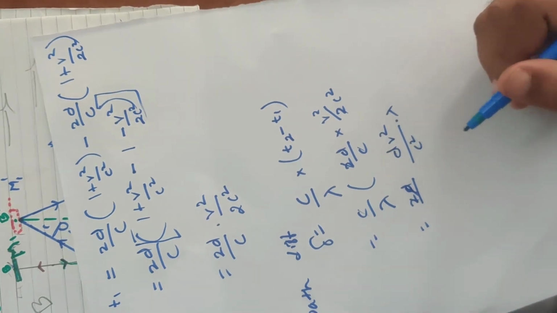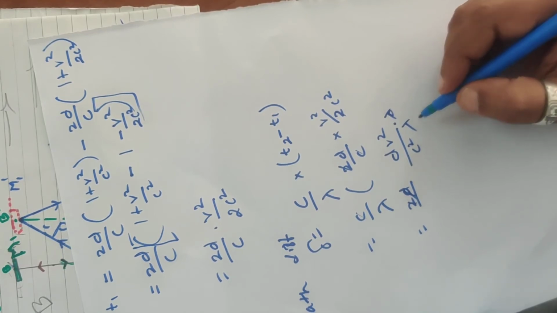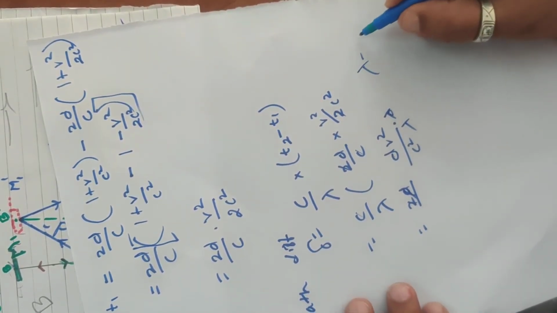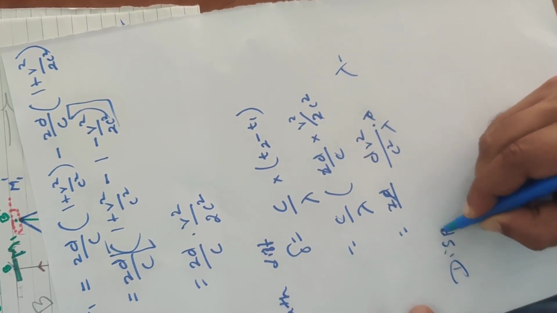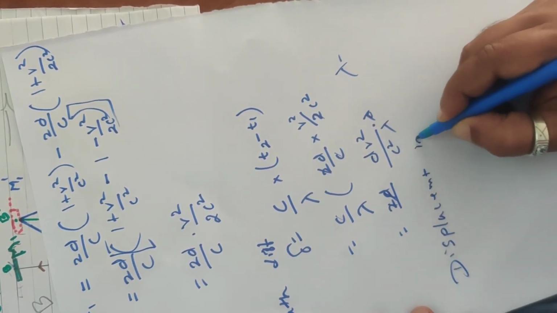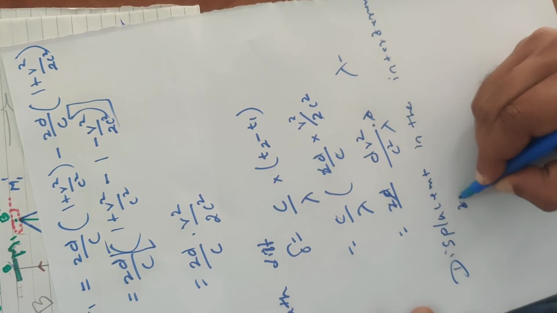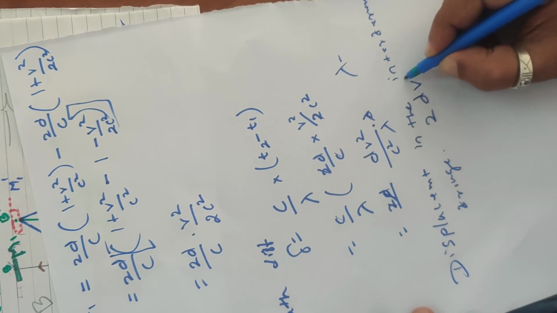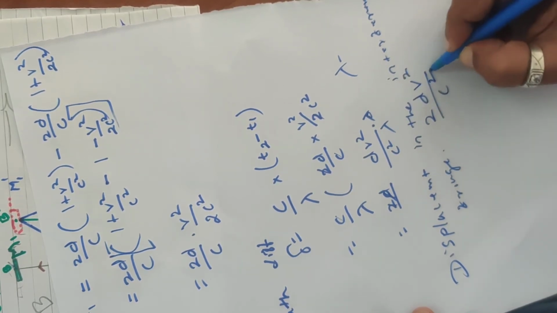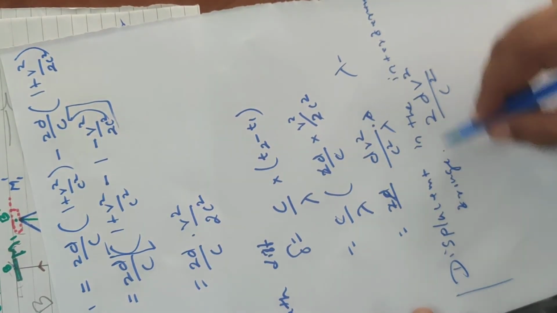I can write dv square upon c square lambda. Right? So where lambda is what? Wavelength of the monochromatic source used, or wavelength of the light used. Therefore this is nothing but the displacement. Please remember, this is a displacement in the interference fringe, that is 2dv square upon c square. Okay, so the displacement can be given as this.